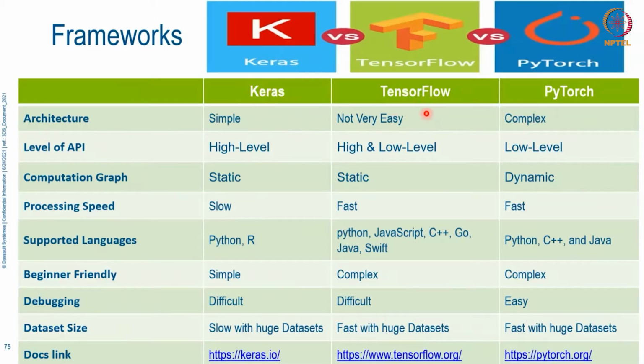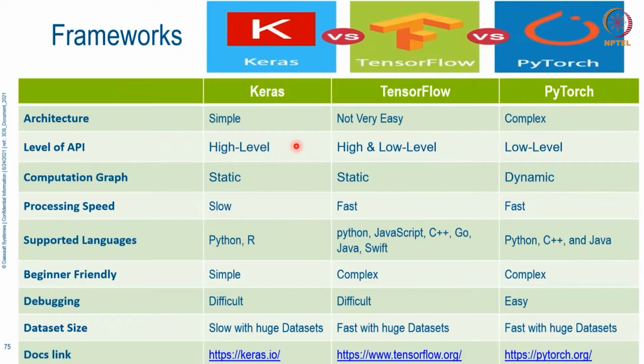TensorFlow is slightly complicated to implement, and PyTorch is similar to TensorFlow. So you can majorly compare TensorFlow and PyTorch. Those are basically the lower level APIs. So we need to do a lot to configure a model in these two frameworks. While Keras, being the higher level API, is a very simple, easy to use API, and you can quickly prototype